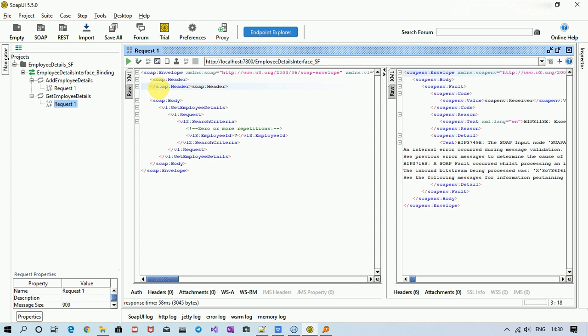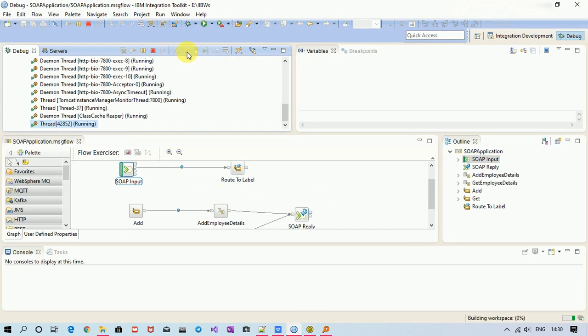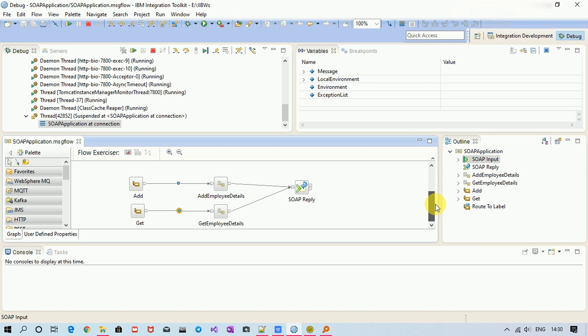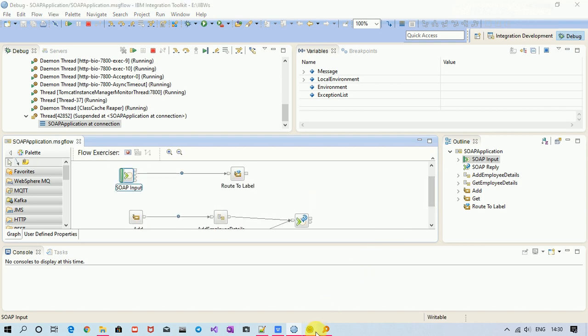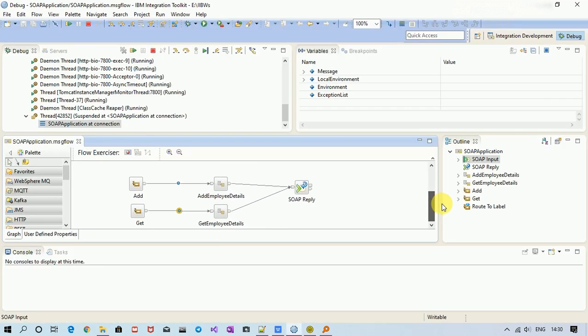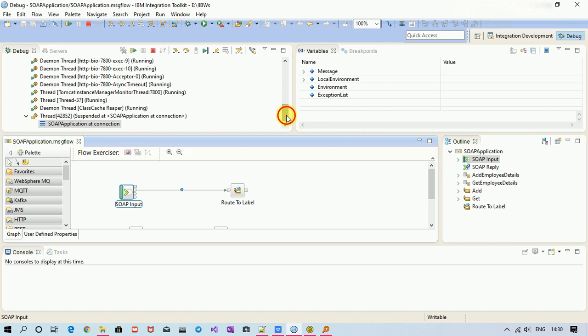Yeah, so let me hit it. See, the debugger is launched. Now control comes to the get employee details operation. So whichever operation I am hitting, my route to label node is automatically sending the information to the dedicated operation. Now how is this happening?